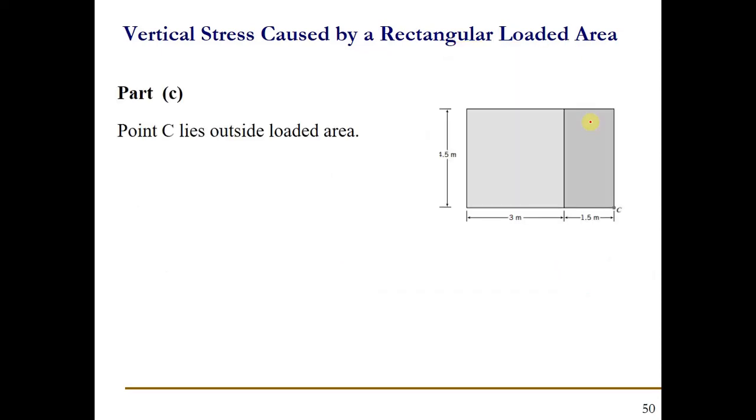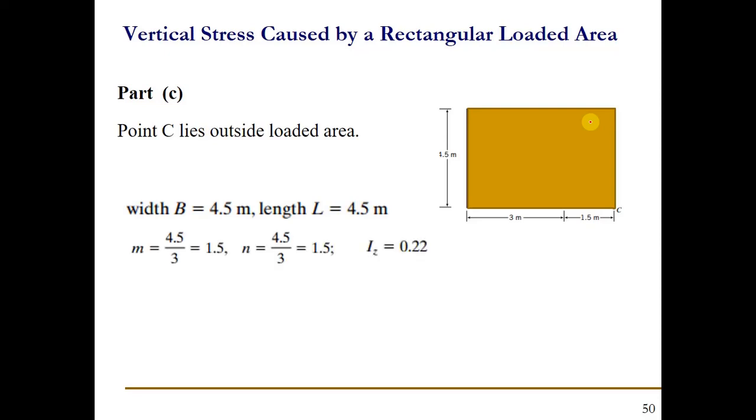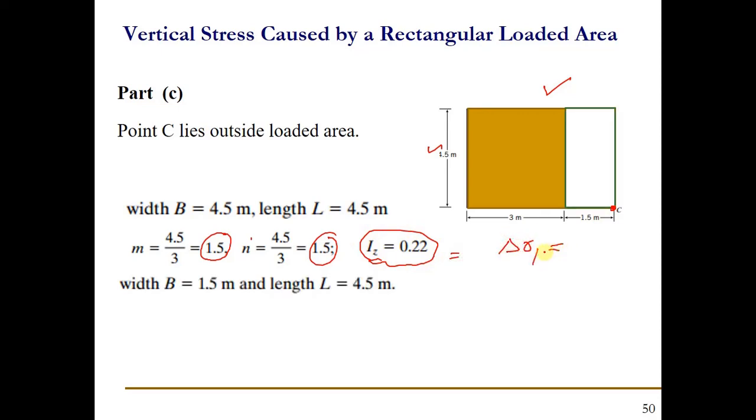Now for the point which lies outside the loaded area, one method is that you can take that rectangle here and bring that point beneath this corner of the rectangle. You can find out the M value. M is 5 because the length and the width values are 4.5 meter here and 1.5. I value will be equal to 0.22, so you can find out the delta sigma 1, and you can also find out the